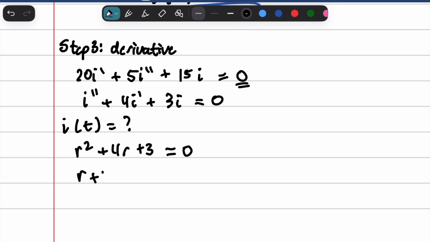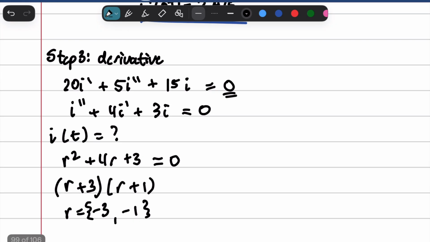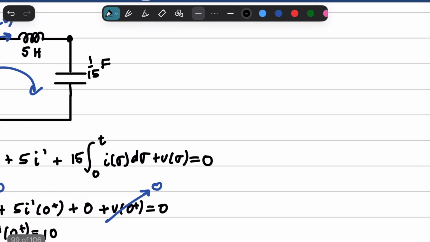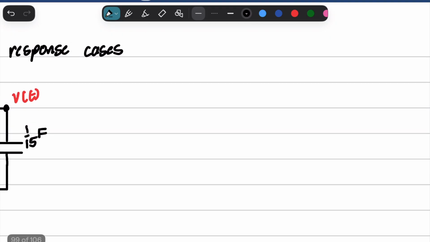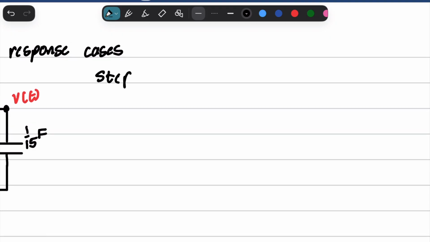We've got r plus 3 and r plus 1. Didn't even have to pull out the quadratic equation for this. And we will get r is equal to -3 or -1. So we've got our two roots, and these are going to attribute to the solution, which is going to be in the form, hopefully you remember, the form with real roots,